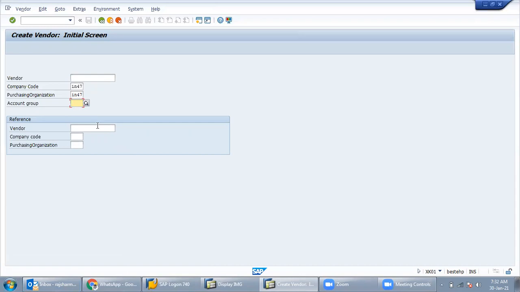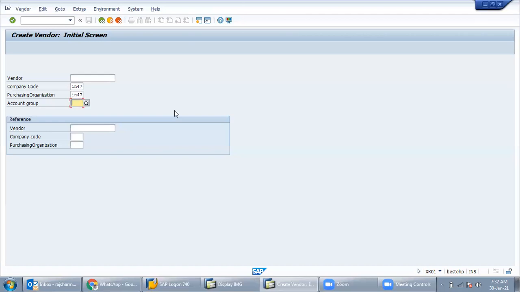No, no. Actually, I was just making you understand why we are creating account groups, because vendor master is related to MM. If vendor master data is not maintained properly, the MM guy will suffer from the errors. So you must know where and why we are putting data in vendor master and customer master. You are MM guys, you will be an MM consultant.